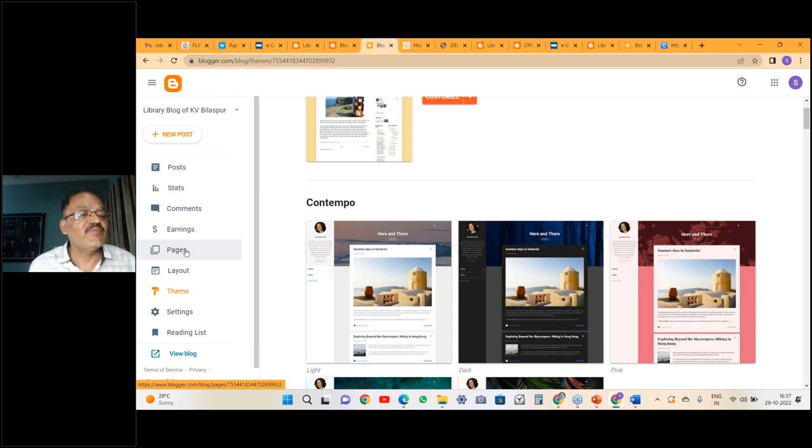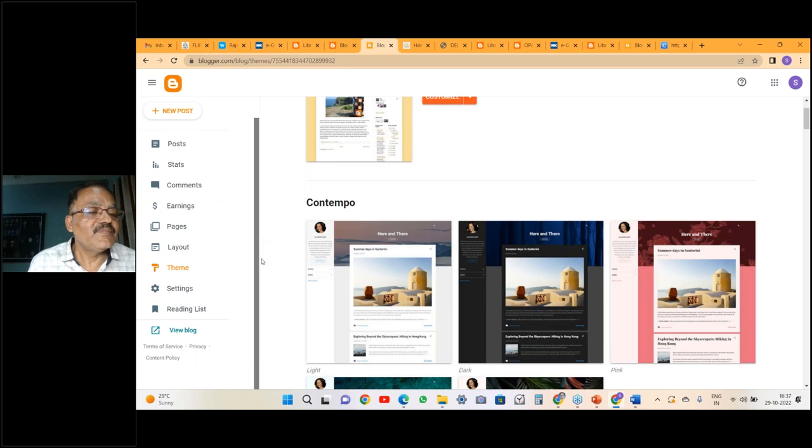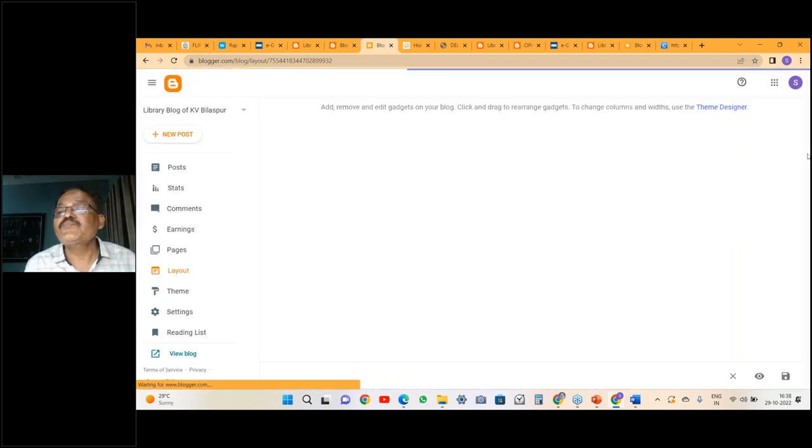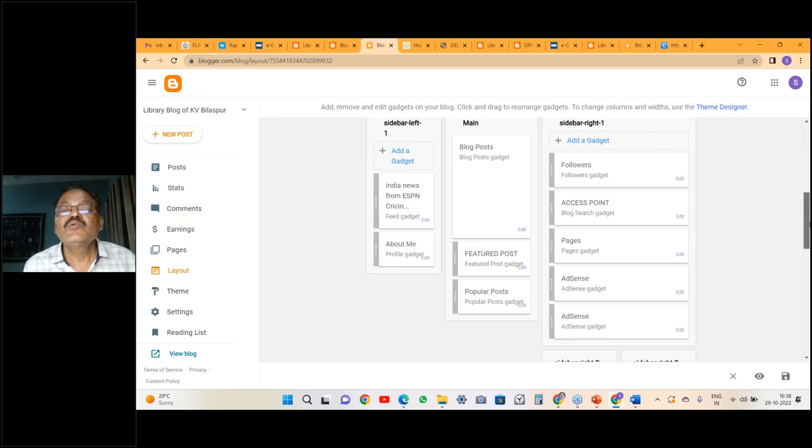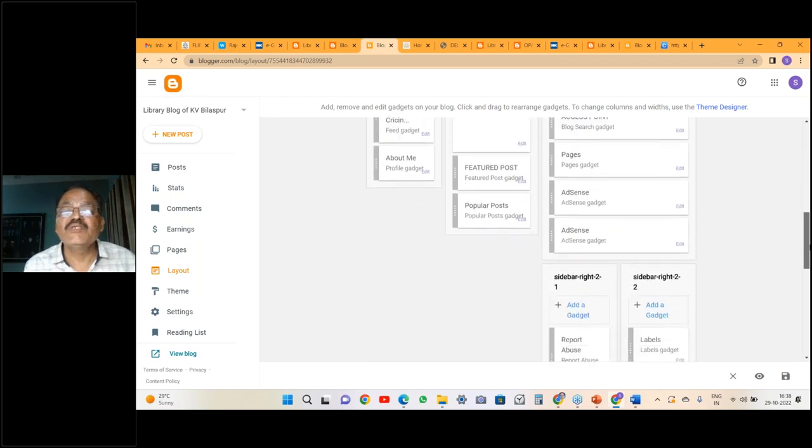How the pages will come, I just mentioned and tried to explain. Even though it has been saved and created, it won't be visible in your blocks unless you link it to your layout and then use some sort of wizard, so that will work. So your status will also improve day by day, and it is understood that the reading list I have already explained. Again, we go to the layout and see if something is left, so add a gadget, followers, bridges,